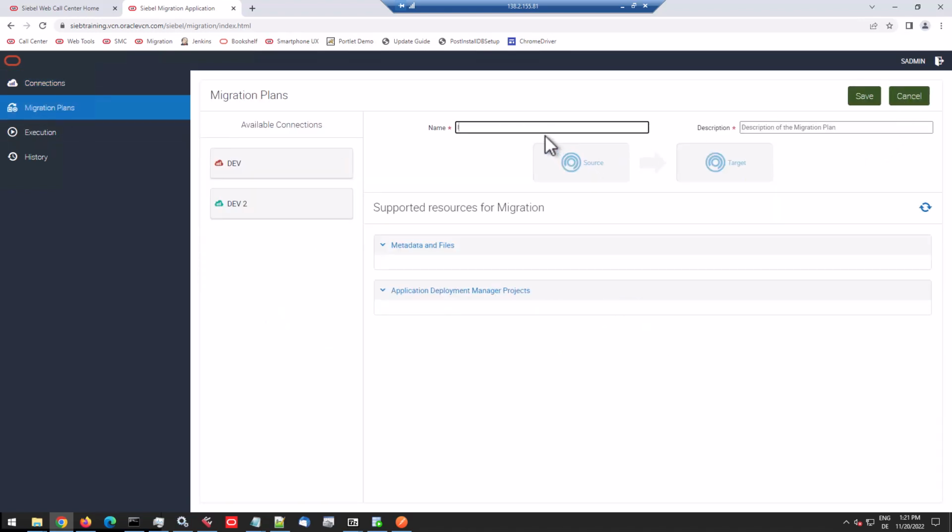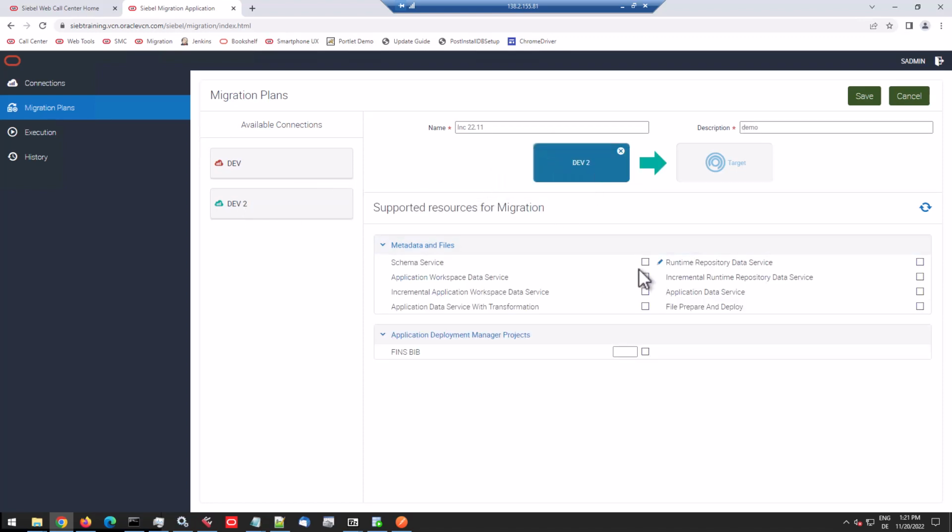So that'll be incremental 22.11. So dev2 is my source. So I'll need the incremental runtime repository data service, which enforces the schema service. I can choose the incremental application workspace data service to take care of any list of values included in the